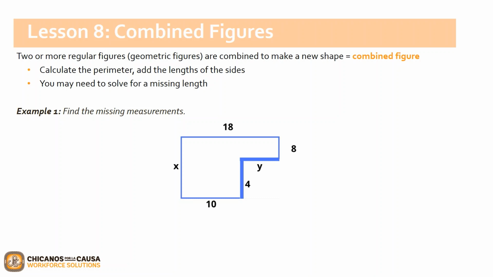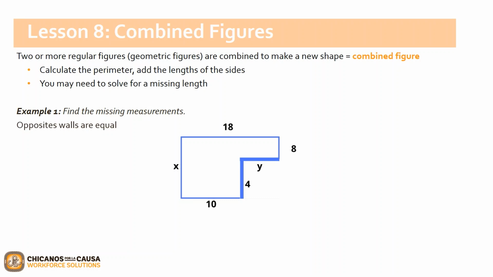But don't worry, we're going to solve for those unknown values. So we know that this looks like a rectangular shape, although it is missing a portion of it, but it's still a rectangular shape. So just by being a rectangular shape, we know that opposite sides are equal, or opposite